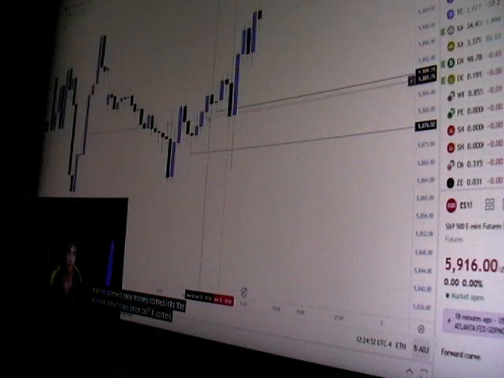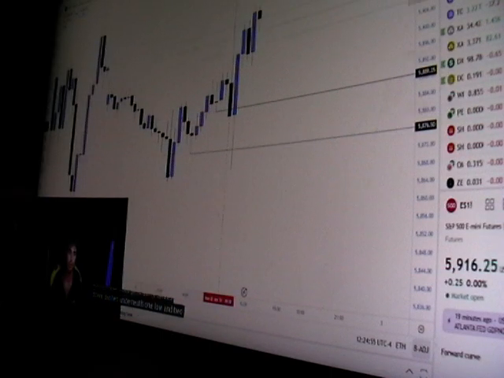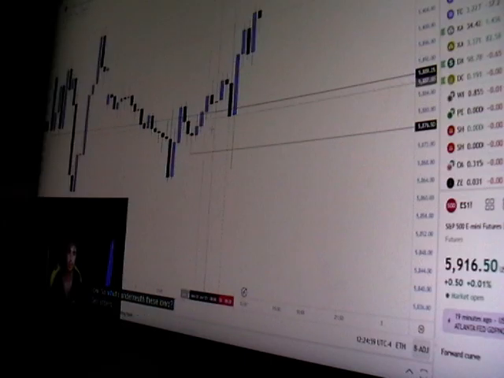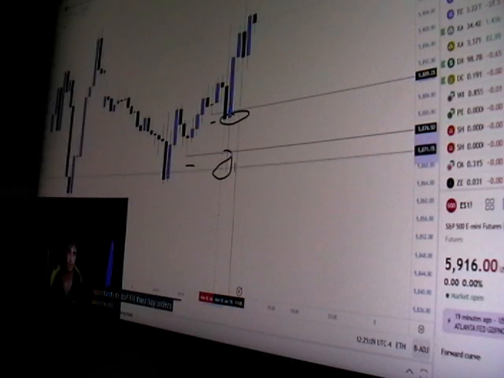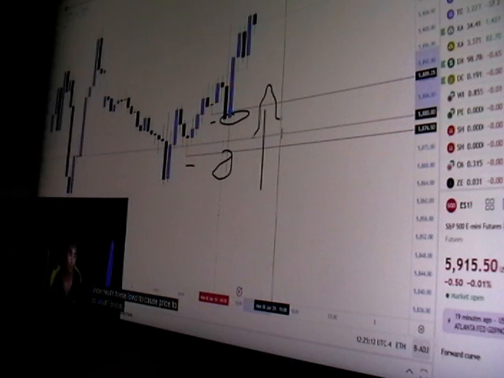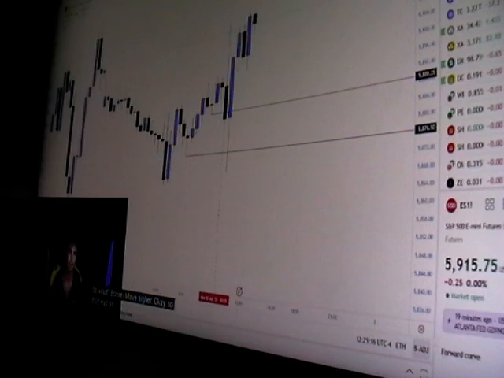What does price do? It comes down, pushes underneath one low and two low. So what's underneath these lows? Sell orders. There's sell orders right here. What did that give the market makers the opportunity to do? Fill their buy orders underneath these lows to cause price to do what? Boom, move higher. Okay, so that was on the 30-minute time frame.